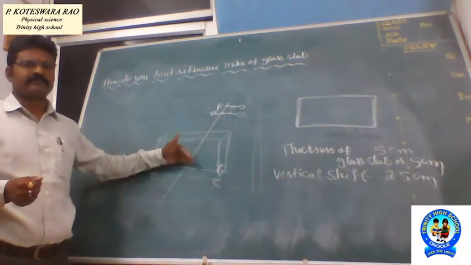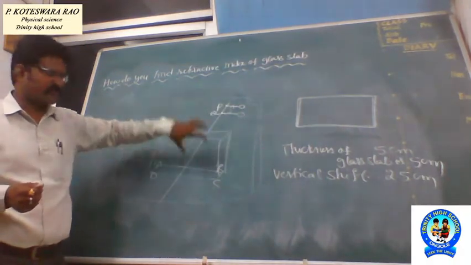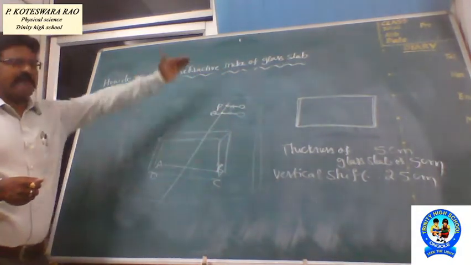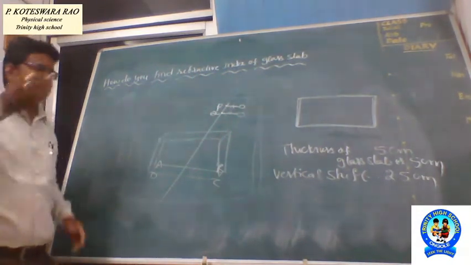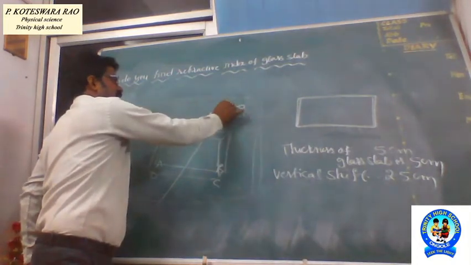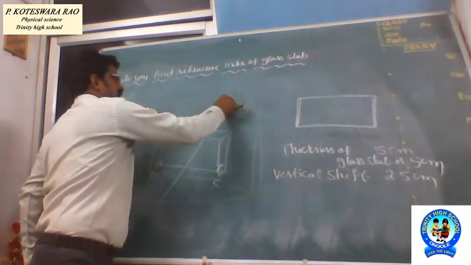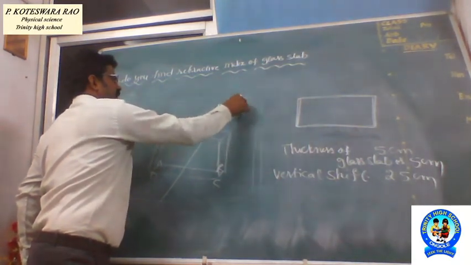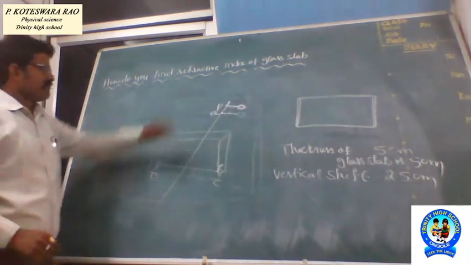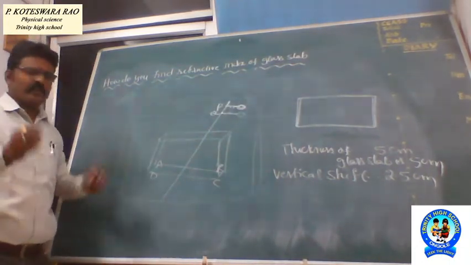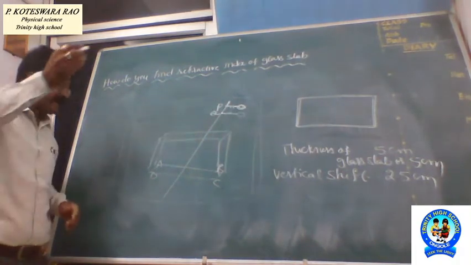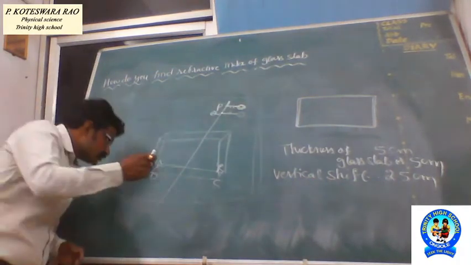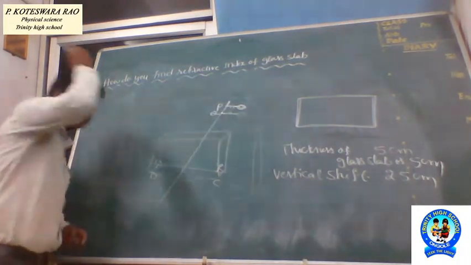From this glass slab, we want to place the glass slab at its position. From this glass slab, 50 centimeters apart, take one iron nail and fix it parallel to that. Actually, this is perpendicular to this normal line, marked as P. We want to take one more nail, and we try to place that nail parallel to the first nail by seeing through this glass slab.